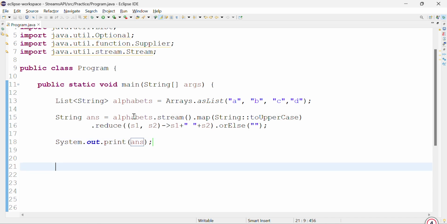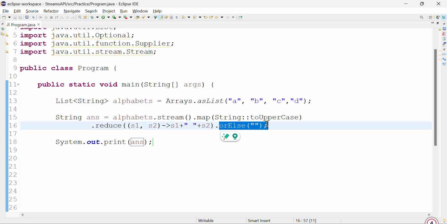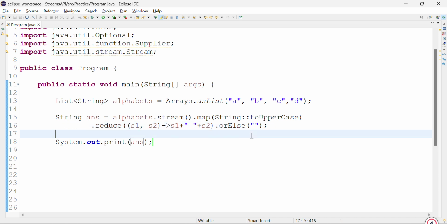Now reduce is concatenating and reducing all the elements of the stream into a single result, and it is going to repeatedly act on each and every element of the stream until it gets the desired result. And we are using orElse to handle an empty stream. It may happen that the values of a stream may be empty, so we are providing it with a default value of empty string. Let's look at the answer,